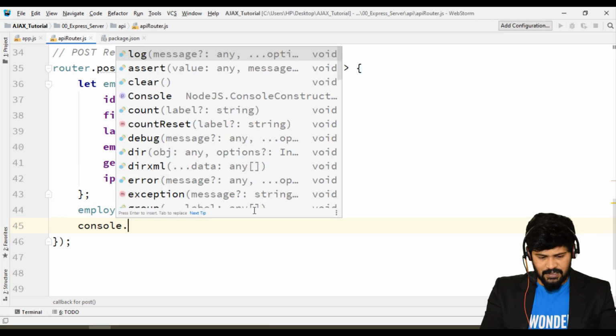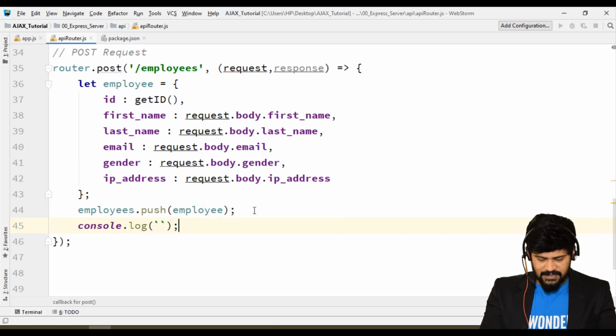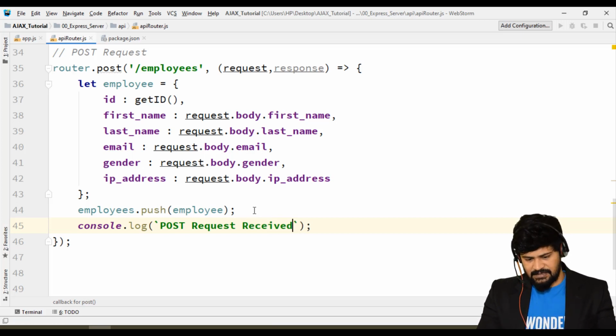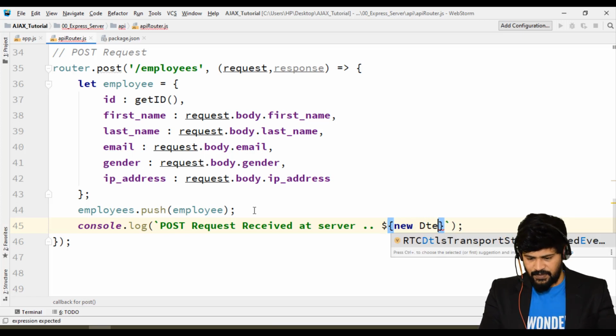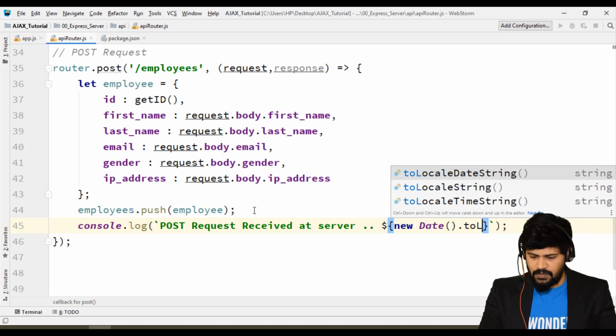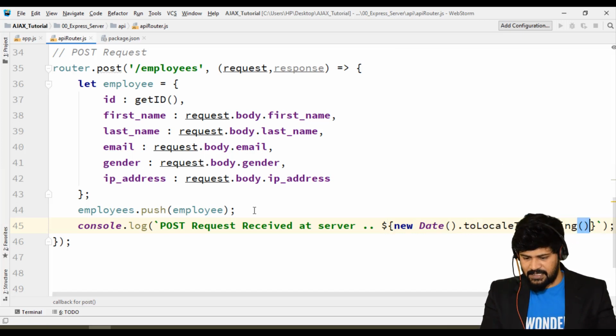Let's make a console.log of what request I got at server side: post request received at server, and also I'll make a date, so when it is received, new Date().toLocaleDateString or time string.